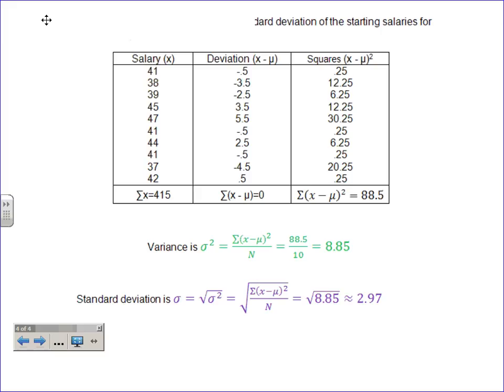Basically what it means is if I were to pick a salary at random, I would expect that it would deviate from the mean by approximately $3,000. That's what I would expect would happen. Is that what we're guaranteeing is going to happen? No. But that's what we would expect. Again, if you just picked one of the salaries at random, we would expect that it would vary by about